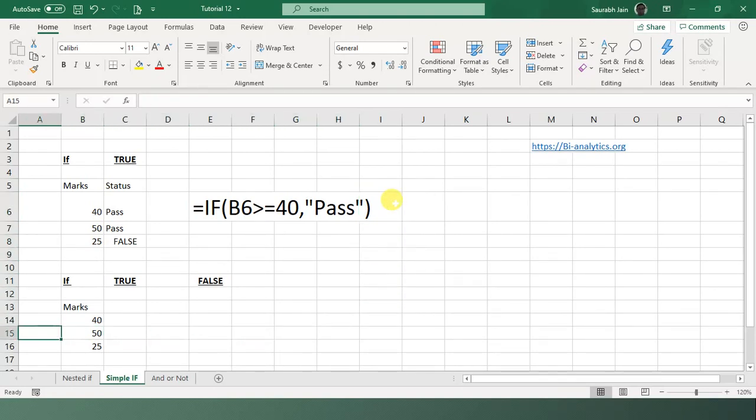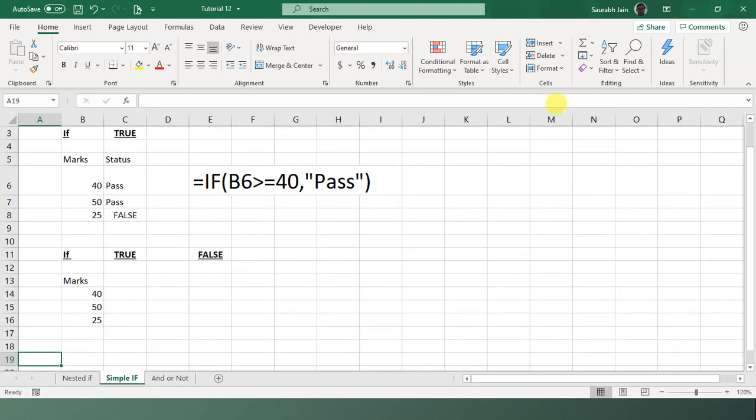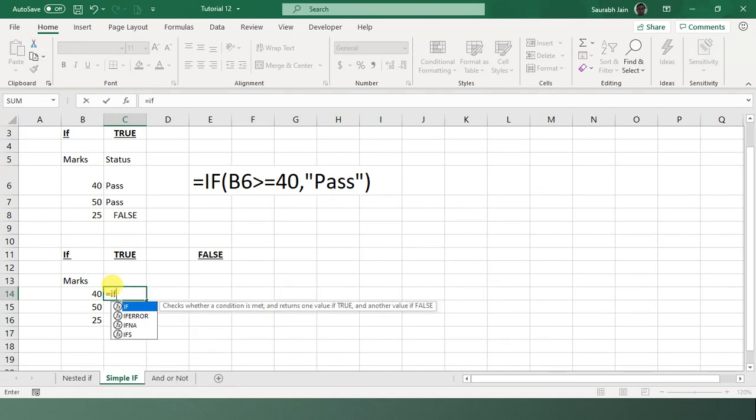Now we'll talk about if it is true, it should write pass, and if it is false, it should write fail. So now I will do it again. It is equals to IF, bracket open, selecting the marks.